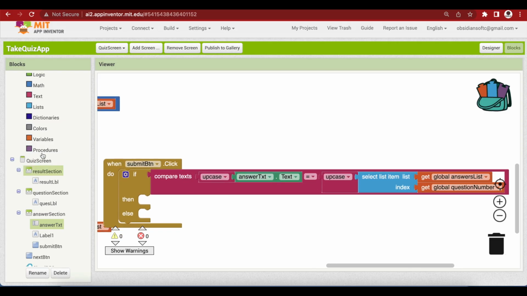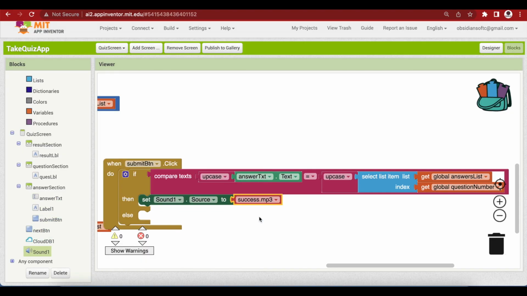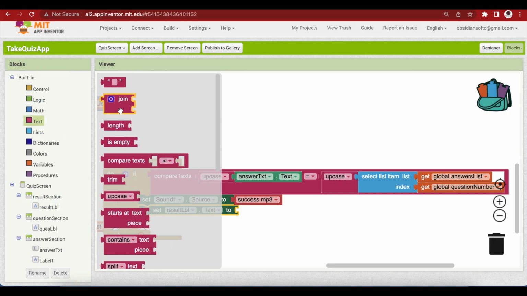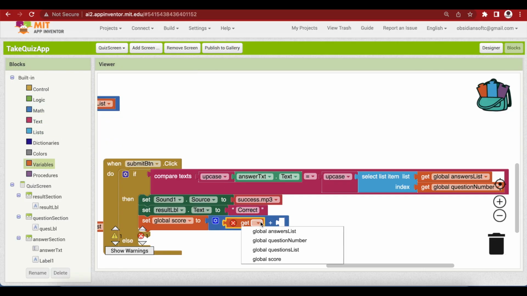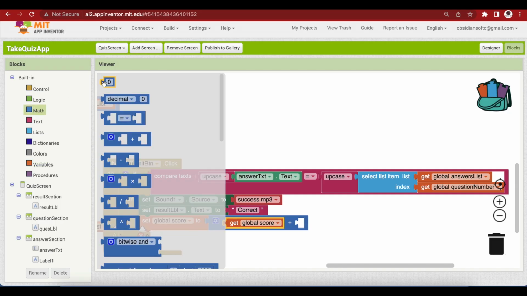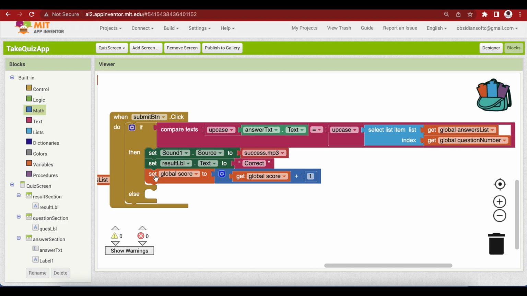And if the answer is correct, I'm going to set my sound source to the correct sound, success.mp3. I am also going to set my result label to a text block that says correct, and I'm also going to add a 1 to my global score. So get the set block, choose score here, maths block plus get block, so the current value of score, and from maths 1. So I've added a 1 to my score,